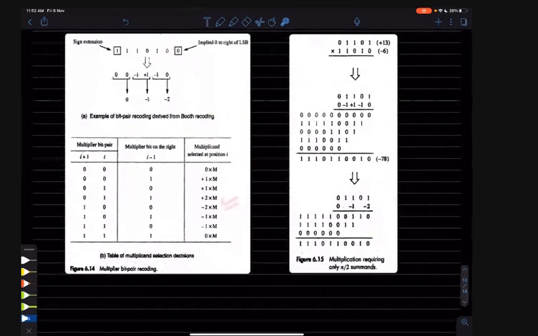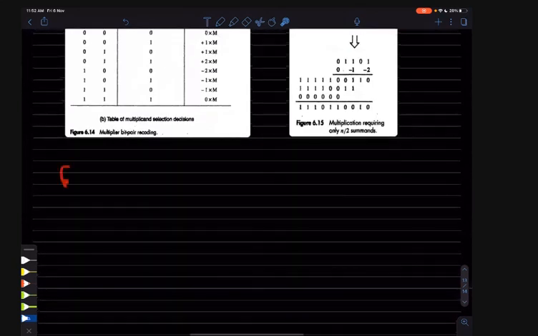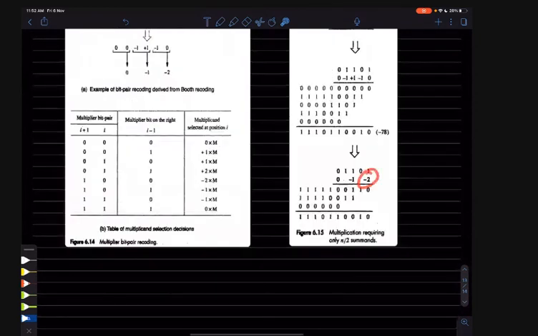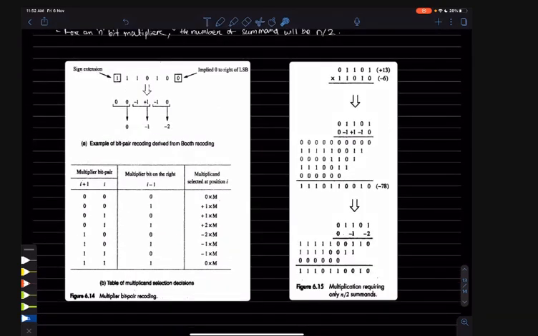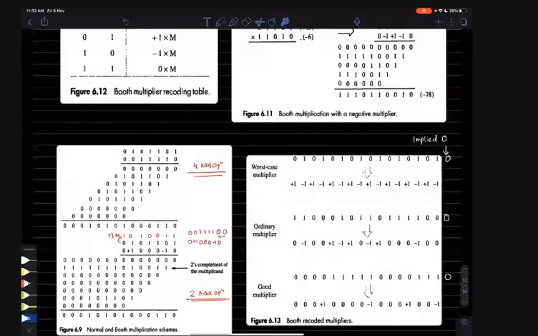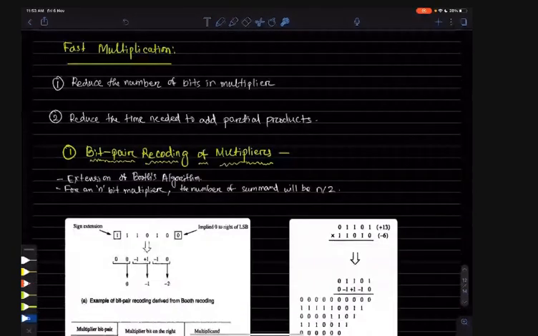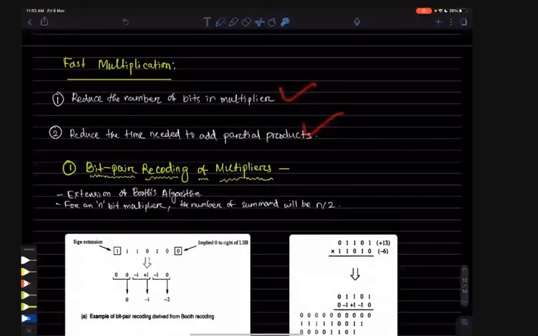Up to this, if you have any doubt you can ask. In the next class we will do one example here: how to do the multiplication, what this -2 is. Any doubt up to this? In multiplication, any doubt? From next class onwards we will finish these two, then we'll go for division. There are two more things left in this chapter.